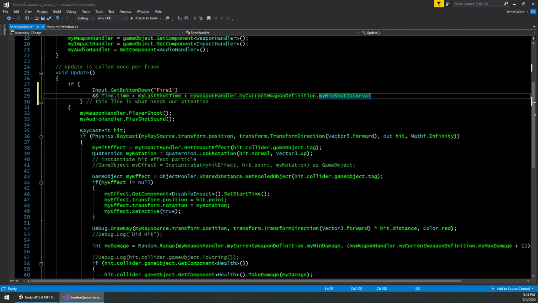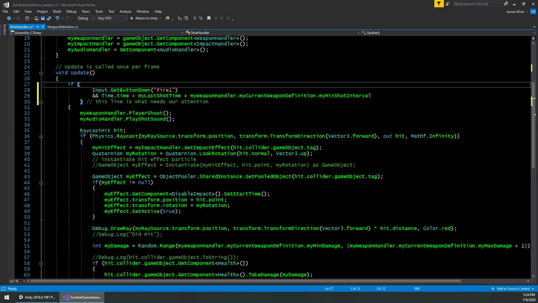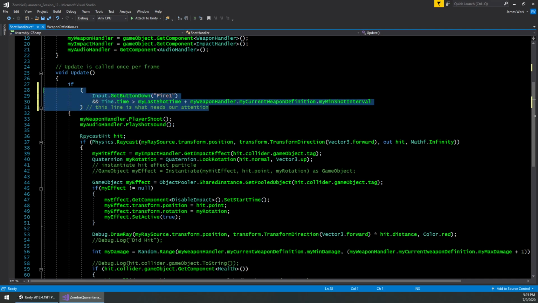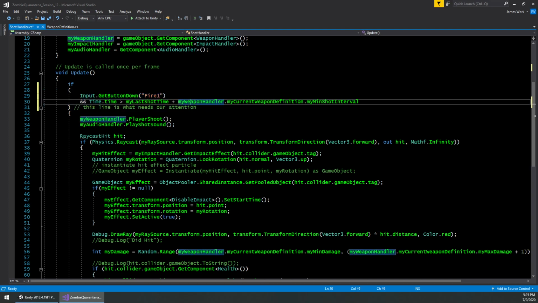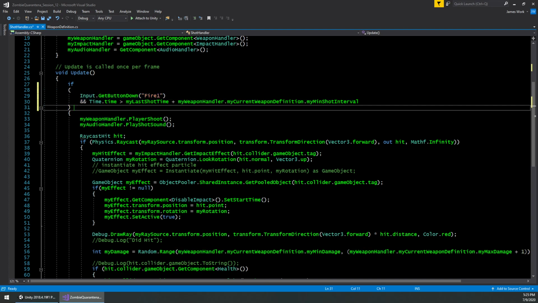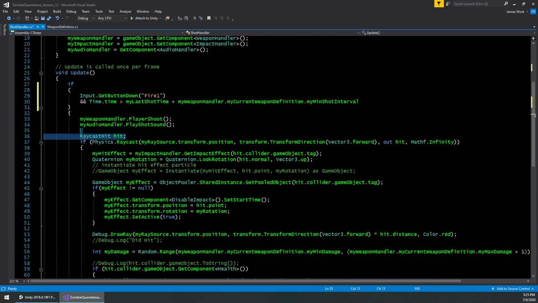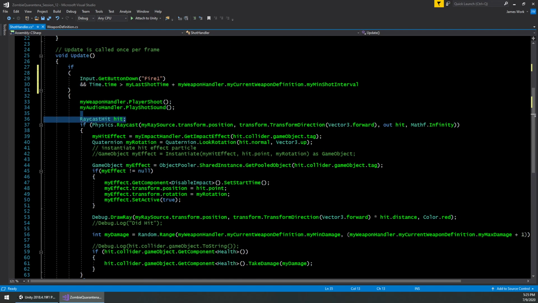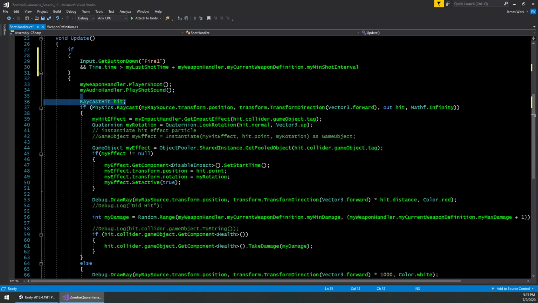Okay? So let me clarify this by doing this and moving that back. Okay, so let's play with this for a second to make sure that it's working the way we intended. So this if doesn't have an else associated with it. So if this happens and the time is not since the last time it shot, then nothing should happen. So let's save this